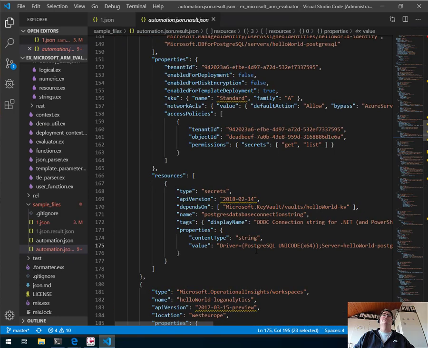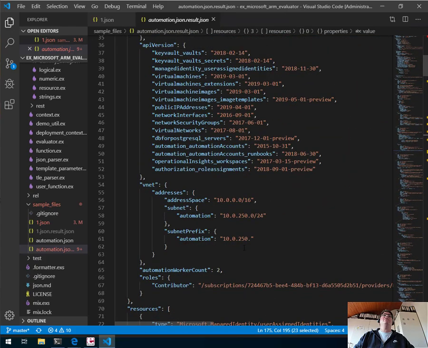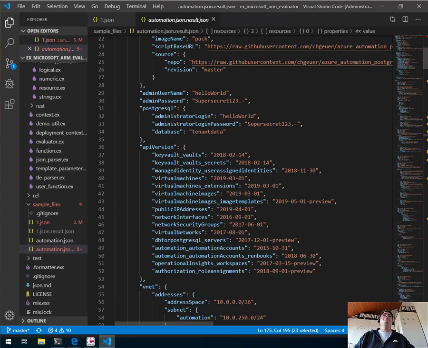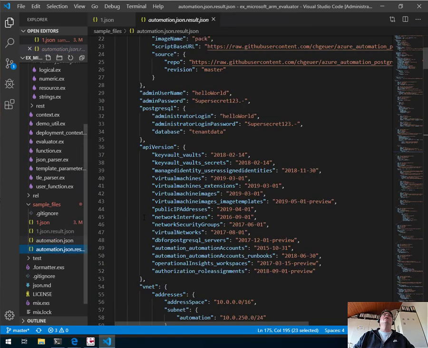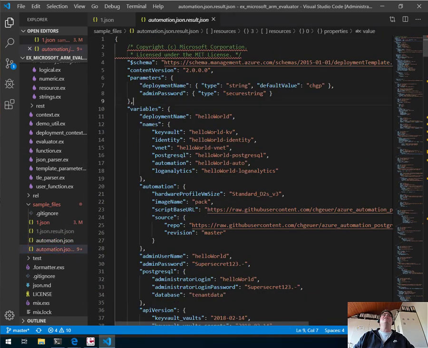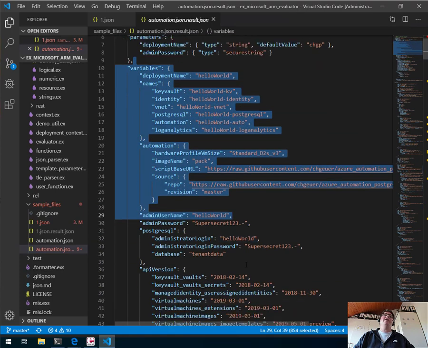So that's all I have to say. If you like what you see, being able to quickly round trip between a fully parameterized and templated version on one side and having a live view into how all these values should, in theory at least, be evaluated by the Azure Resource Manager portal,